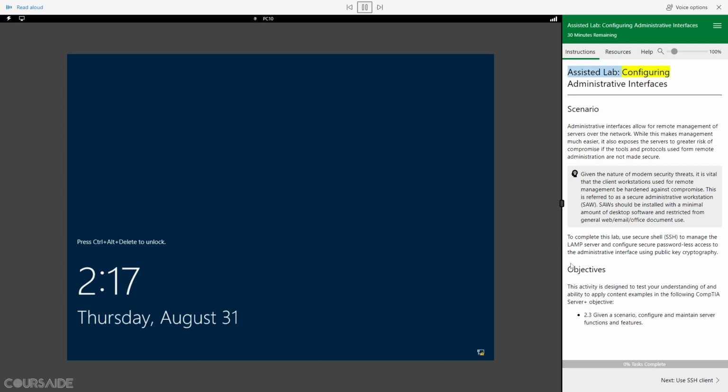Assisted Lab, Configuring Administrative Interfaces. Scenario: